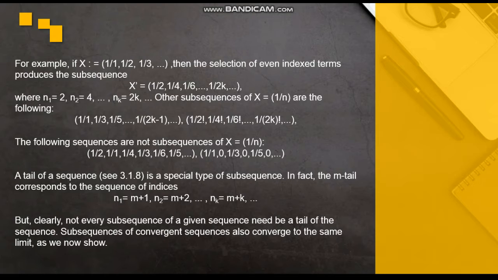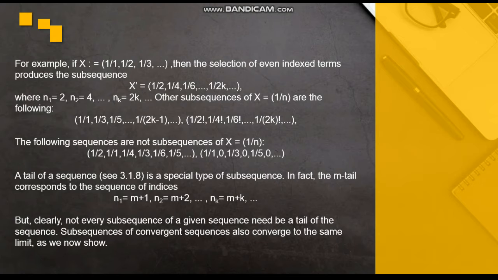Other subsequences of X = (1/n) are the following: 1/1, 1/3, 1/5, ..., 1/(2k-1), ... and 1/2!, 1/4!, 1/6!, ..., 1/(2k)!, ... The following sequences are not subsequences of X = (1/n): 1/2, 1/1, 1/4, 1/3, 1/6, 1/5, ... and 1/1, 0, 1/3, 0, 1/5, 0, ...